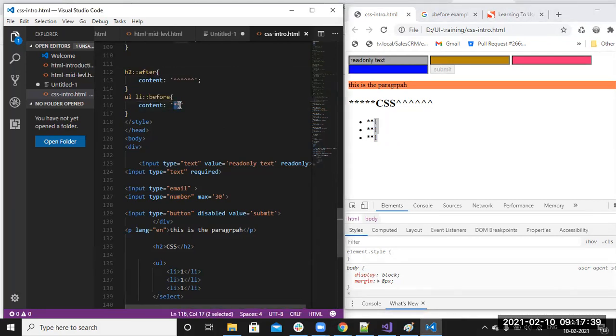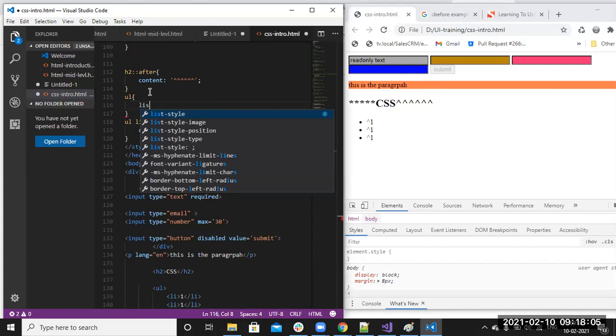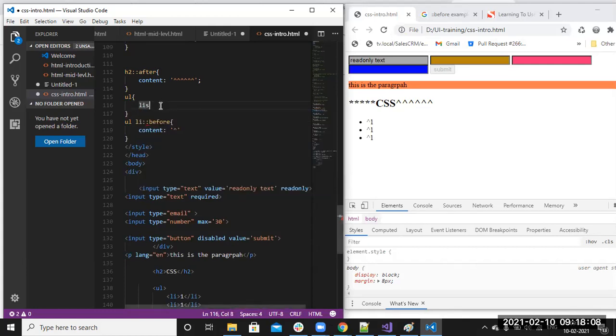Here we can append content too. We can do this cap symbol also. Sometimes you don't require these dots, right? We already know how to remove those dots: list-style-type none.